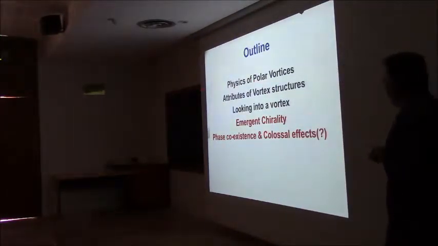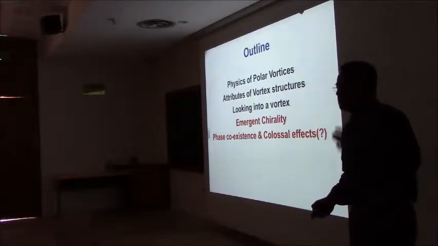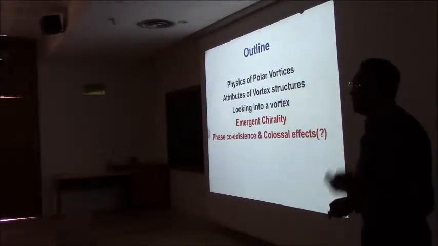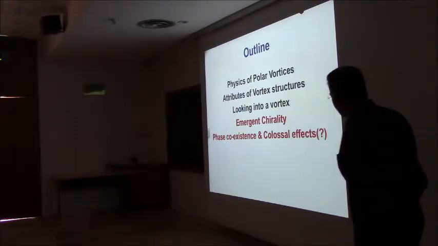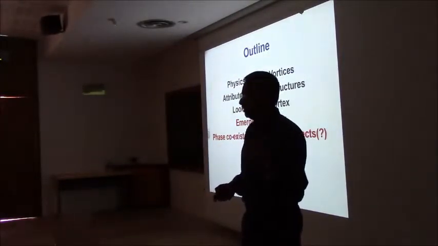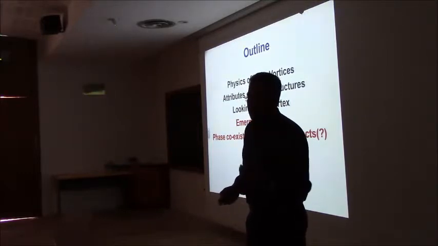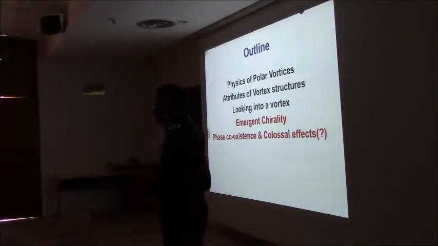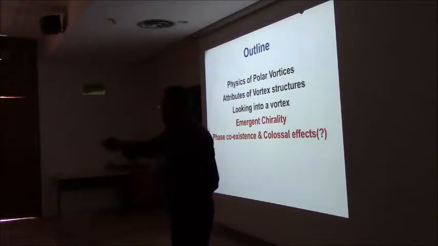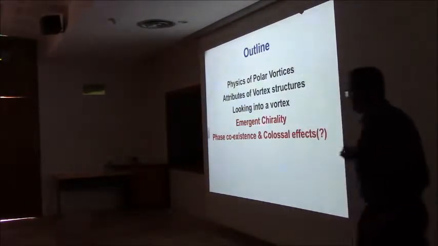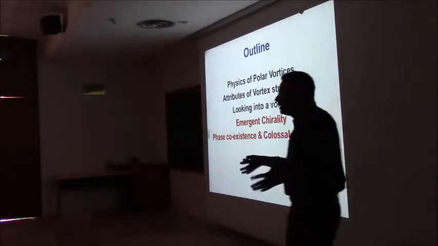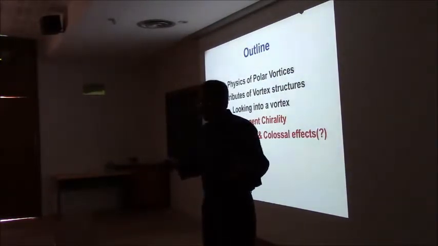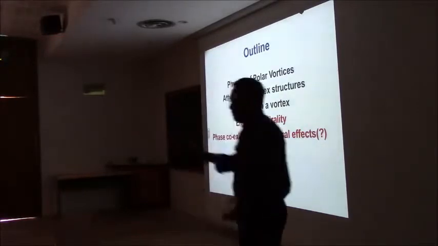So we're going to spend quite a bit of time looking at the vortices. What can I say about these vortices without worrying about being practical? Then I want to talk about 2 things. One is emergent behavior. Colossal magnetoresistance people talk about it as emergent behavior. Mobs are emergent behavior. One human being generally is quite sane. You put 1 million of them together and put some crazy cause, they start to have emergent behavior. So birds flying together is emergent behavior. So we're going to talk about emergent, meaning that the parent things will not have those behaviors. You put them together in a certain way, they start to have behavior that's very different.